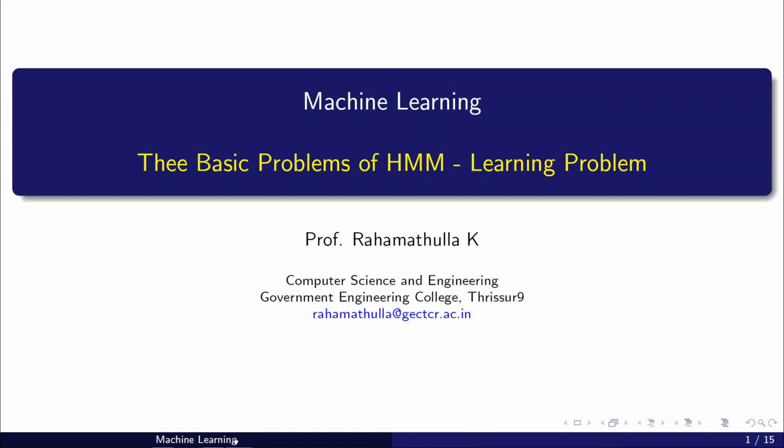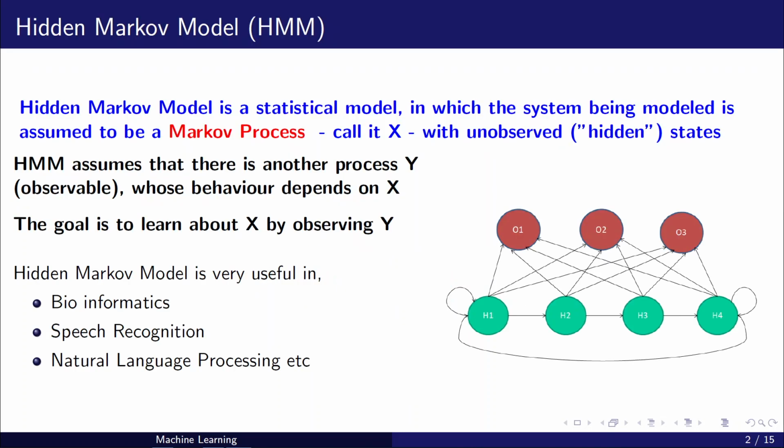In this lecture, we will see the learning problem of hidden Markov model. A hidden Markov model is a statistical model in which we have a Markov chain where the states are hidden. So this is the Markov chain in the hidden Markov model, which is hidden from the user. Let's say there are four states or four nodes in this, and it is assumed to be a Markov process, meaning that it's a stateless process. So given the present, the future can be computed without considering any past. That is what is meant by the Markov process or stateless process.